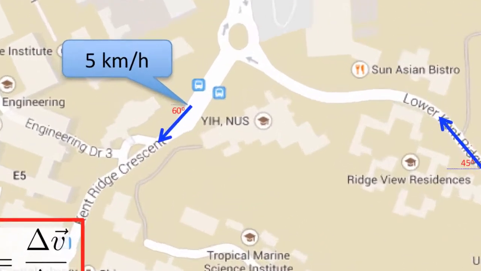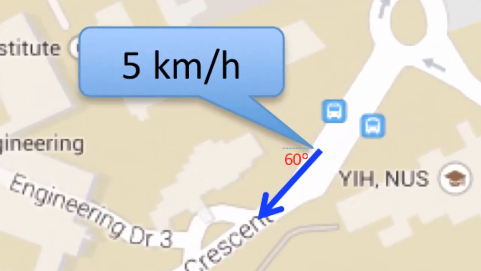Let's start with the final velocity first. In case you have not noticed, there is an angle that accompanies the arrows. These are the angles that the arrows make with the horizontal line: 45 degrees for the initial velocity and 60 degrees for the final velocity. By the way, I invented these numbers, so don't think too much about why they are 45 and 60 and not other numbers. The point here is, given the length of the arrow, which indicates the speed or the magnitude of